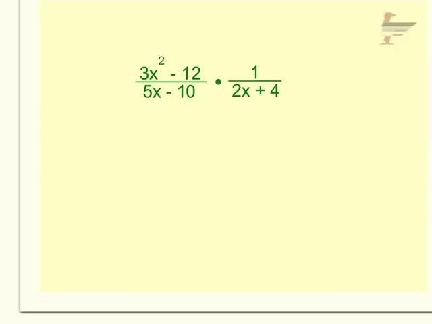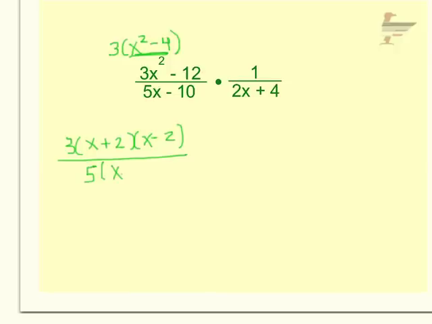Here's a quick example. When you're multiplying rational functions, again, you factor everything. Here, we can take a 3 out and we're left with x squared minus 4, but we can keep factoring that. X squared minus 4 factors into x plus 2, x minus 2. Our denominator, 5x minus 10, keep in mind your simple factoring: can you factor anything out of both terms? There you can. You can take a 5 out and you're left with x minus 2